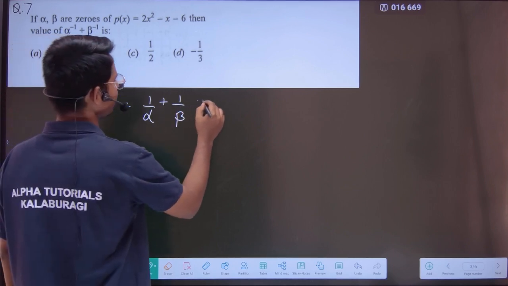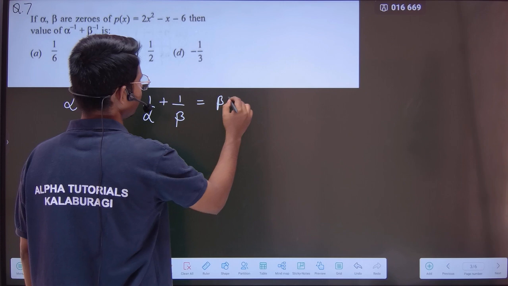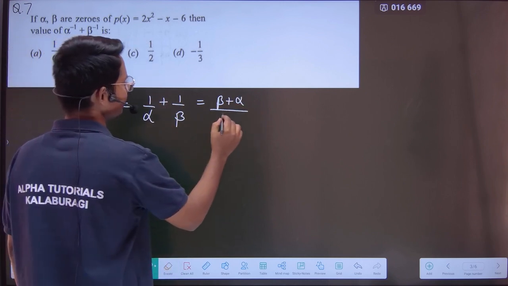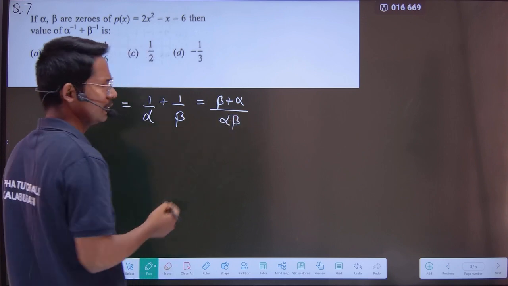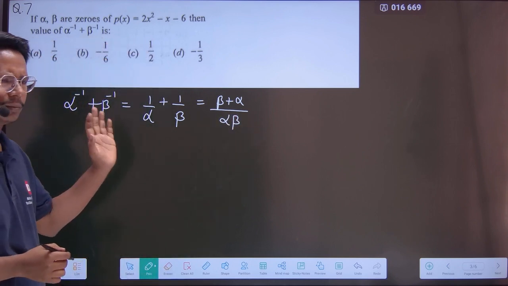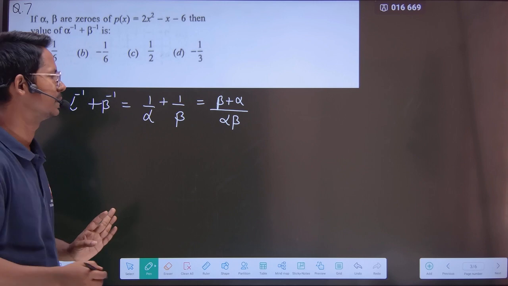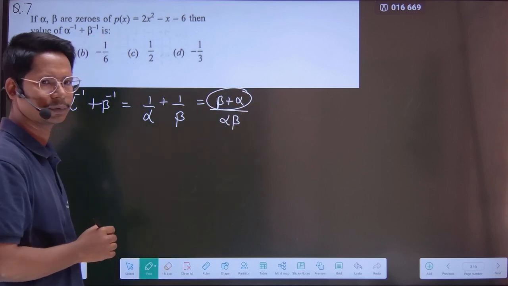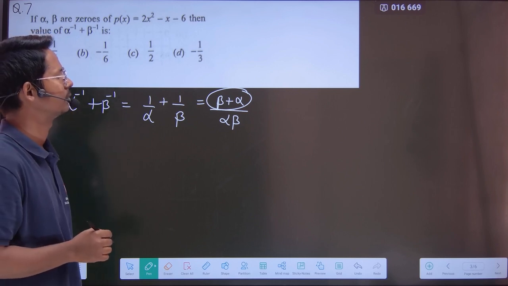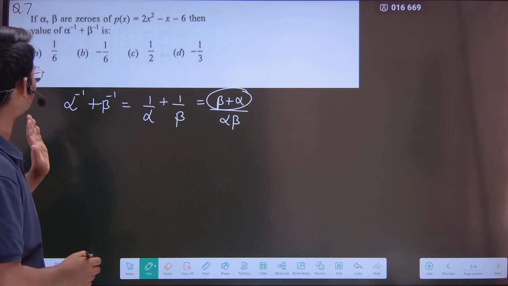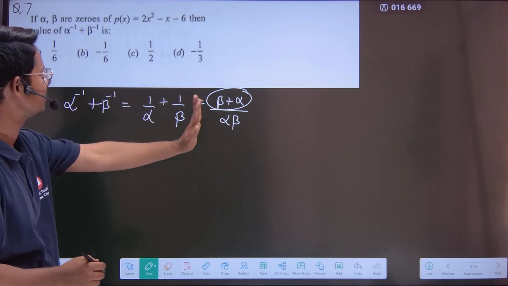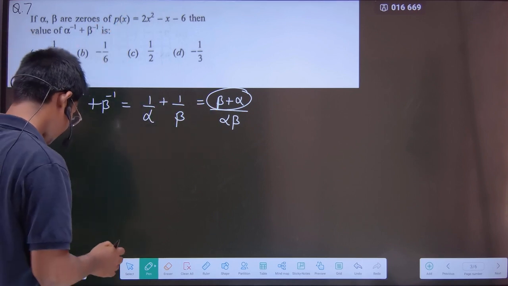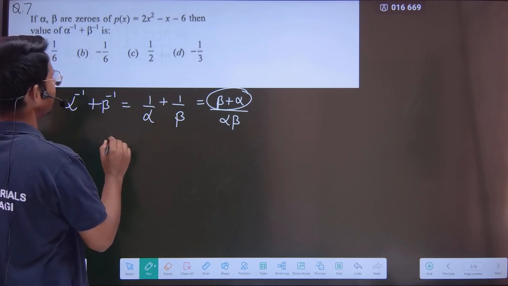Then with the cross multiplication you will get beta plus alpha divided by alpha into beta. You can take LCM, or with the cross multiplication you will get this result. Now this beta plus alpha is the same as alpha plus beta, commutative property of addition. Now we have got sum of zeros and product of zeros,